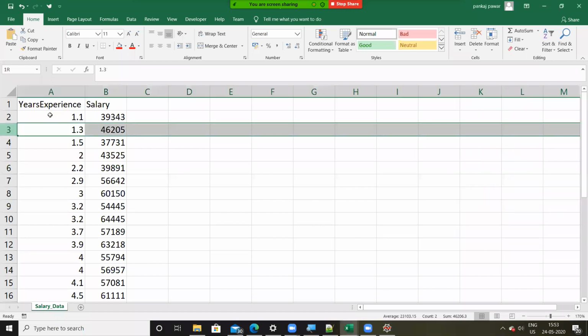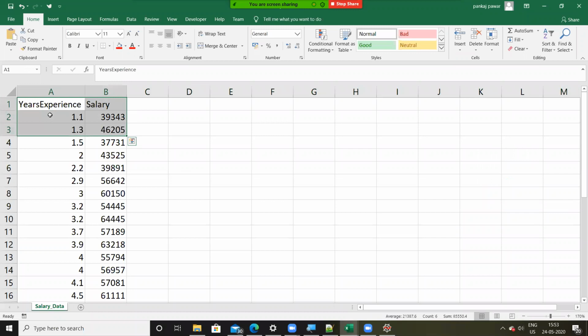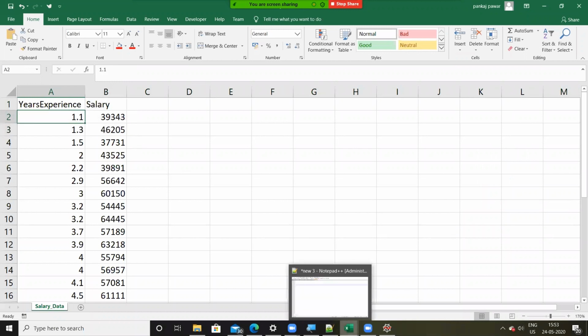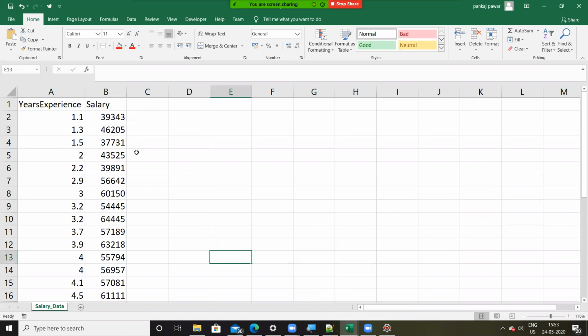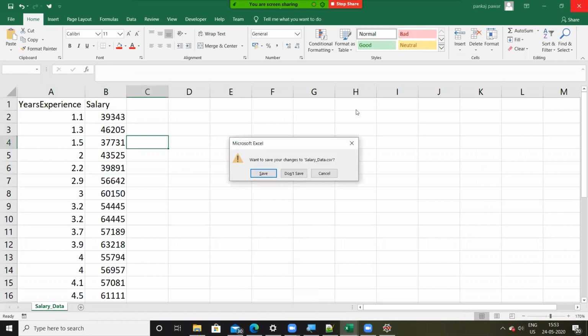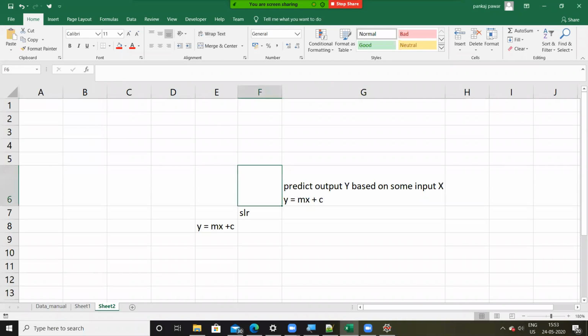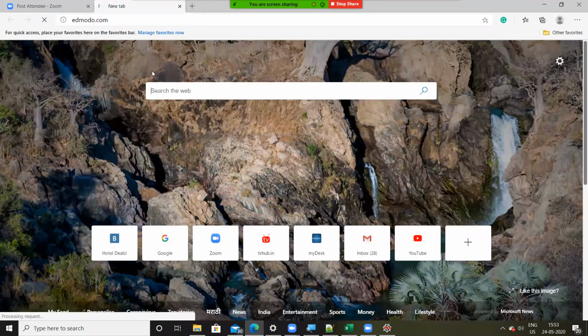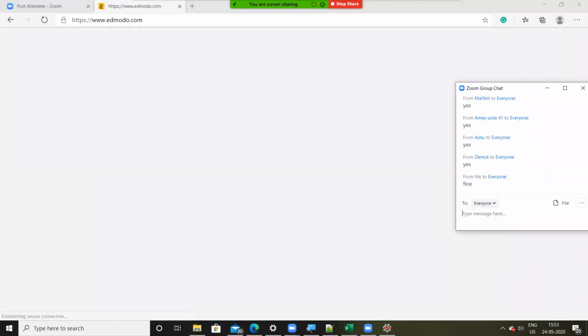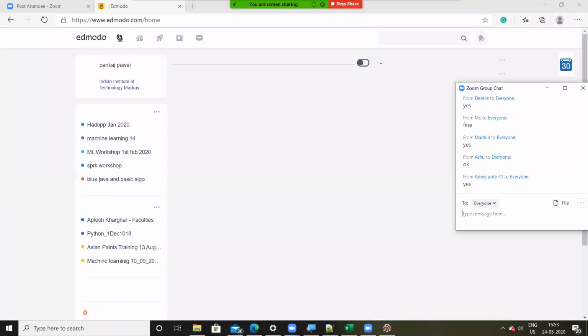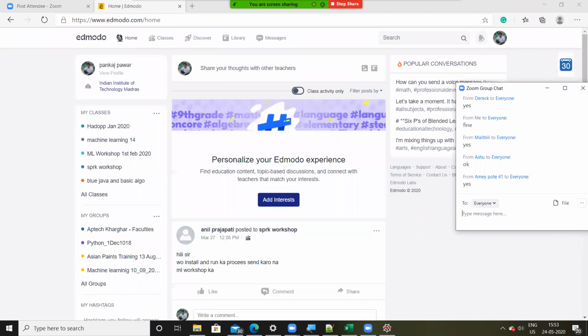So we are going to read this data now. After reading the data, we are going to perform pre-processing. Let me quickly upload this data to Edmodo. I'm expecting you to download this data from edmodo.com, perform at least the data pre-processing step, and keep it ready. Is that fine, everyone? I'm going to upload this data to Edmodo now, and you are going to finish up to the data pre-processing step.